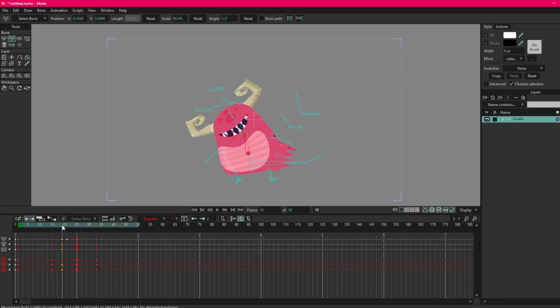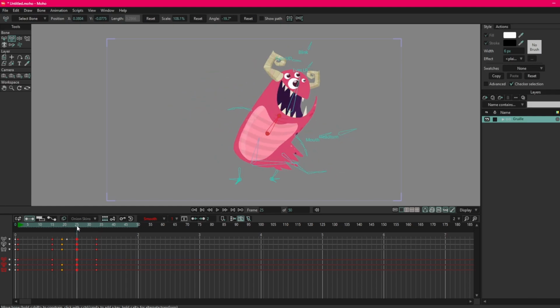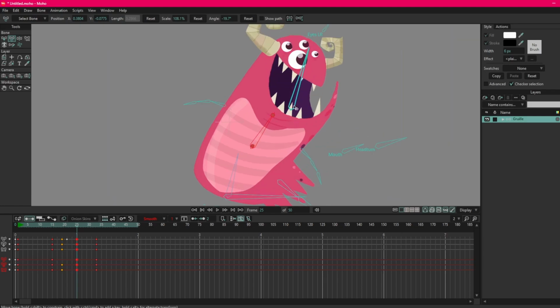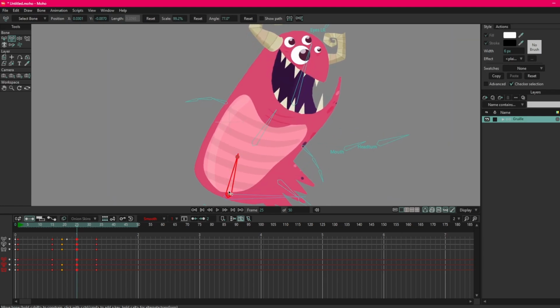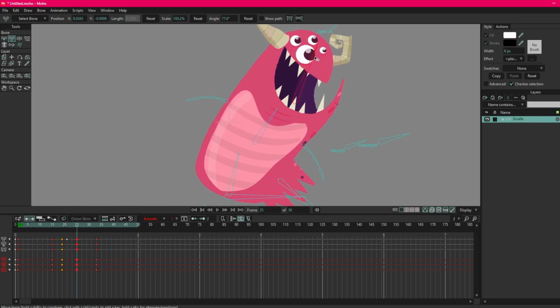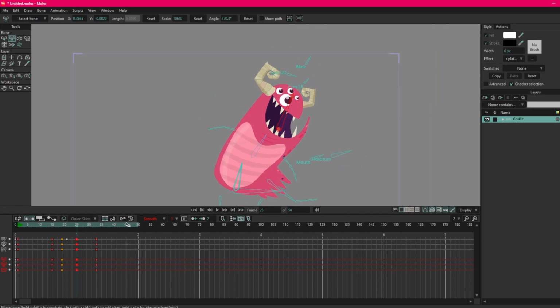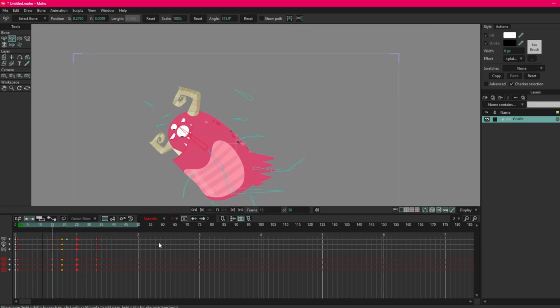So I've got a little bit of down, and I kind of want maybe a tiny bit of overshoot here. So then he overshoots and then settles back down. You'll see what I mean as soon as we start playing through this after we've animated this bit. So by overshoot, I want him to go up a little bit, maybe even a little bit of rotate on the head, and then he will settle back here, look. So if I play through that now,